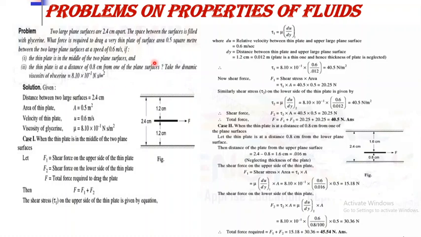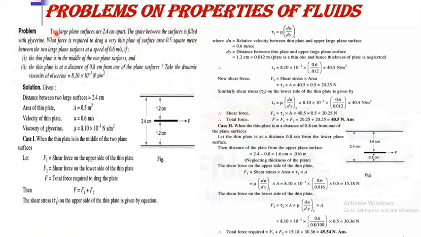So here two cases are given. In the first case, the thin plate is placed between the two plane surfaces. This first diagram shows a thin plate placed at the middle of the two plane surfaces, and in the second, the thin plate is at a distance of 0.8 centimeter from one of the plane surfaces. So this diagram shows the thin plate placed at a distance of 0.8 centimeter from the bottom plate,